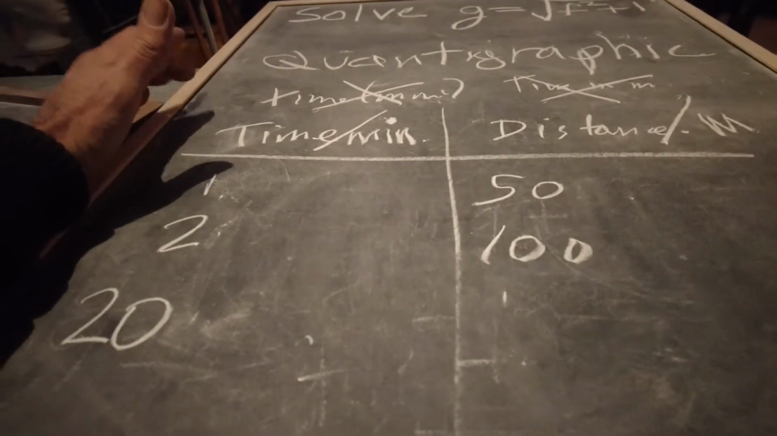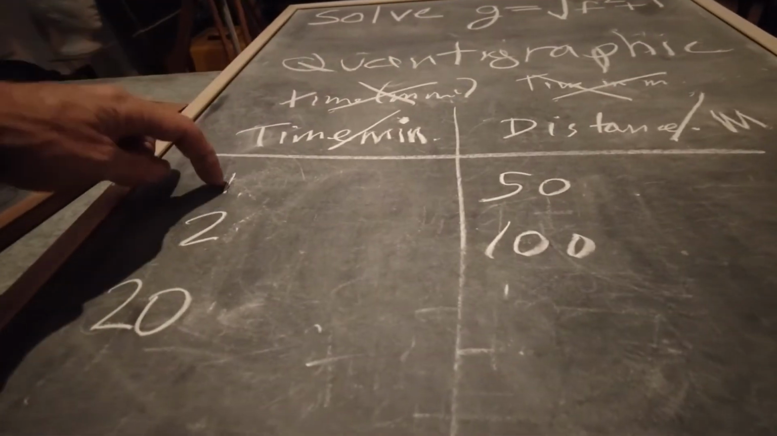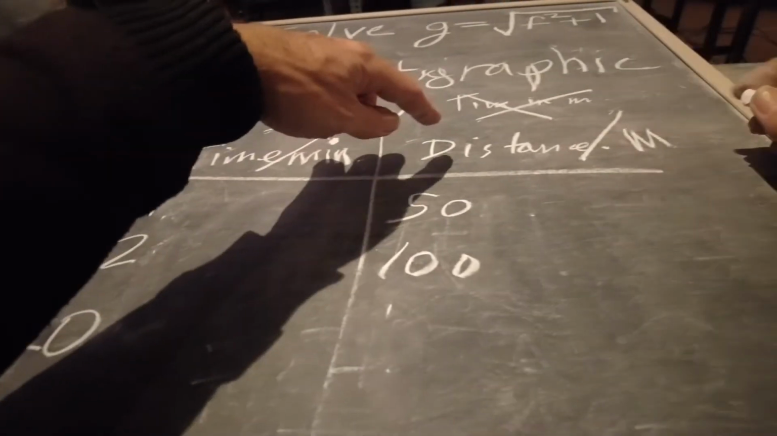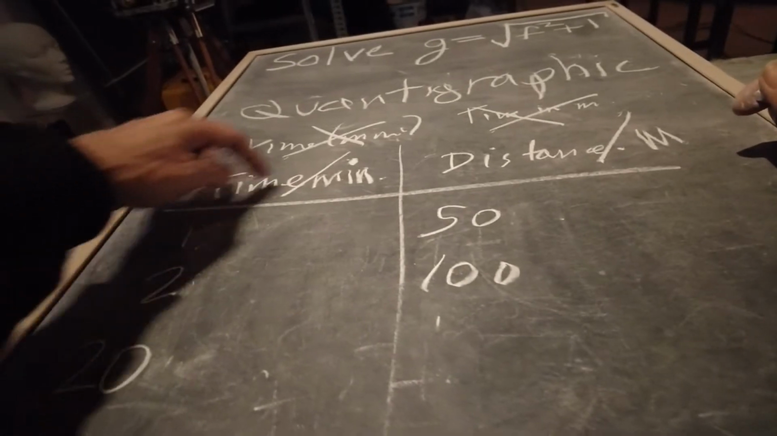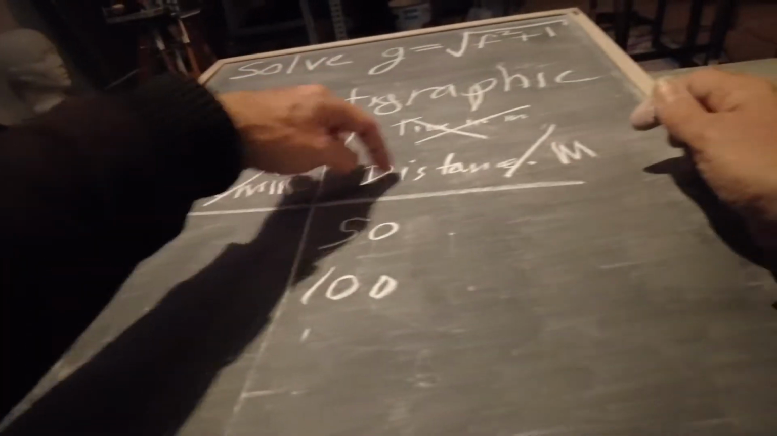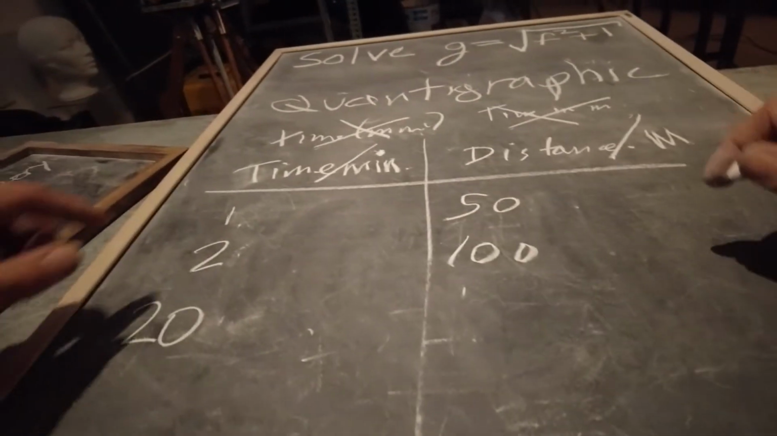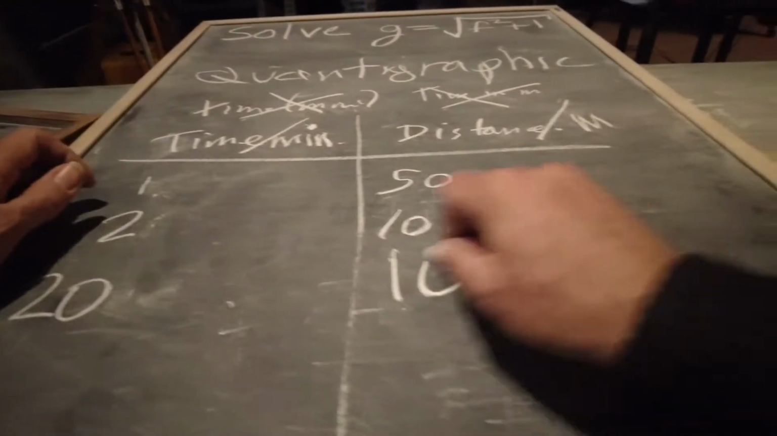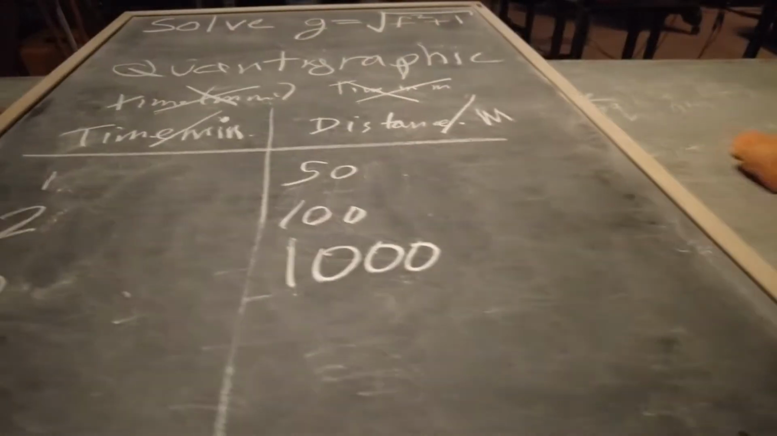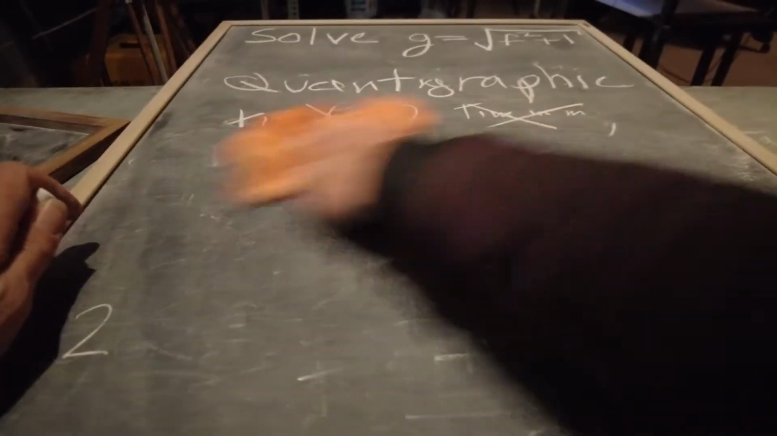A table is a truth table. Time divided by minute equals 1, at which point distance divided by meters is equal to 50. Time divided by minute equals 2 when distance divided by meters equals 100. Time divided by minute equals 20 when distance divided by meters equals 1,000. And so on. And if we were to draw a graph,